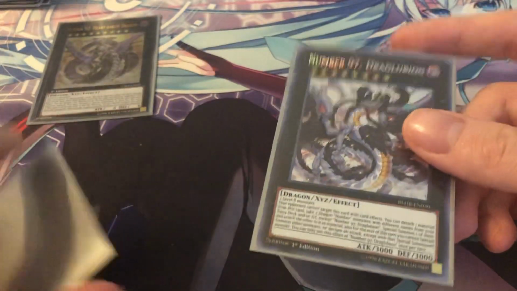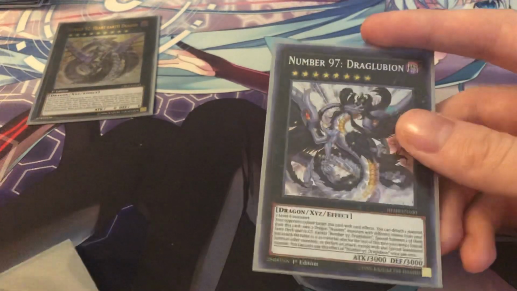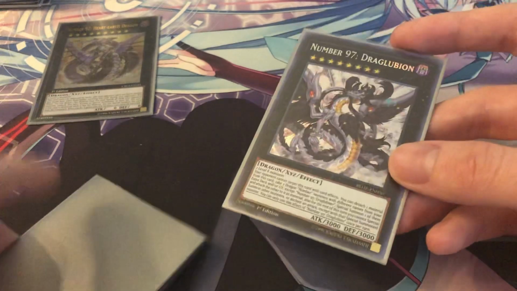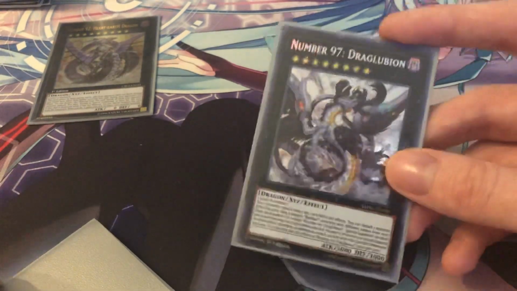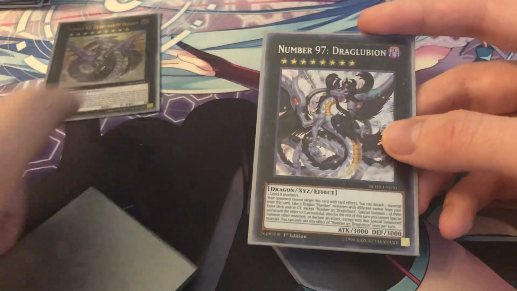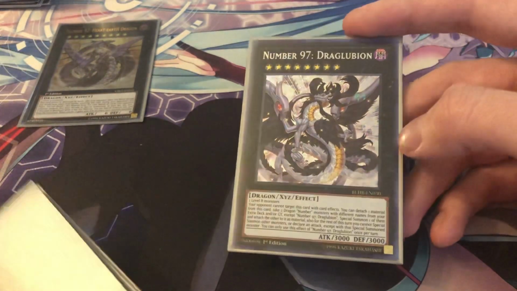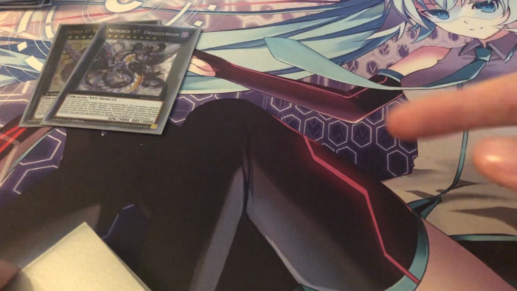Draglubion, detach material to special summon a numbered dragon monster from your extra deck, and then attach another one to it as material. Unfortunately, you can't special summon anything else the rest of the turn after you activate it, and that's the only thing that can attack that turn. But still, if you're bringing that out, that's a good effect, and if you're bringing out the other one in this deck you're running, usually you can get game off of it, because you can spam Xyz monsters onto the